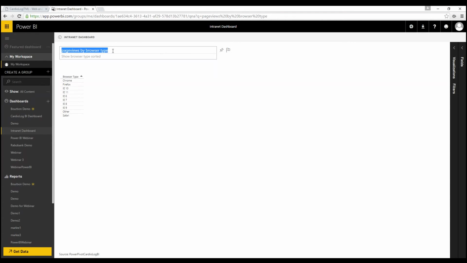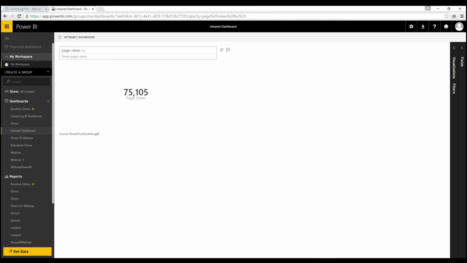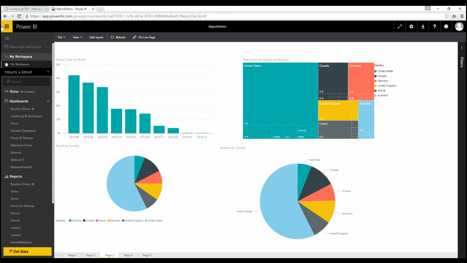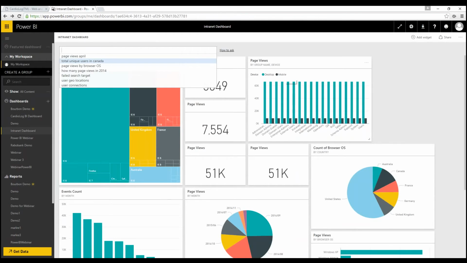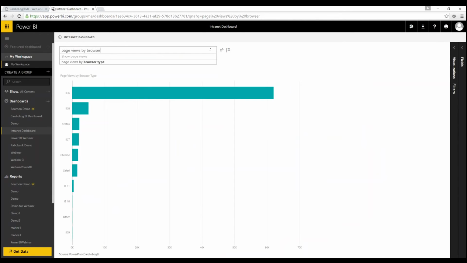Okay. Let's try this again. Page views by browser. Maybe it would help if I spelled it correctly. There we go. So again, in this kind of very ad hoc way, you can see which users are using